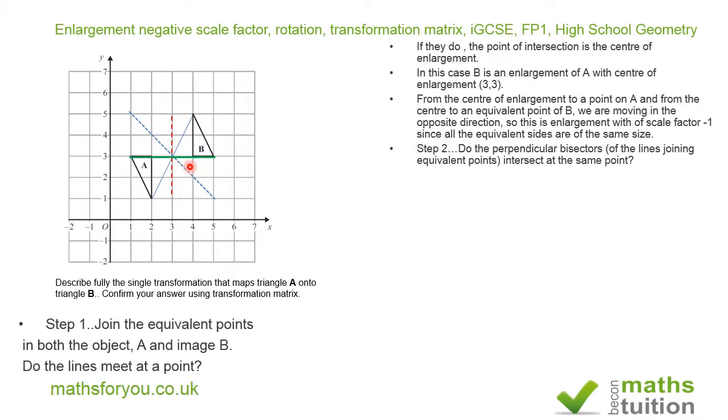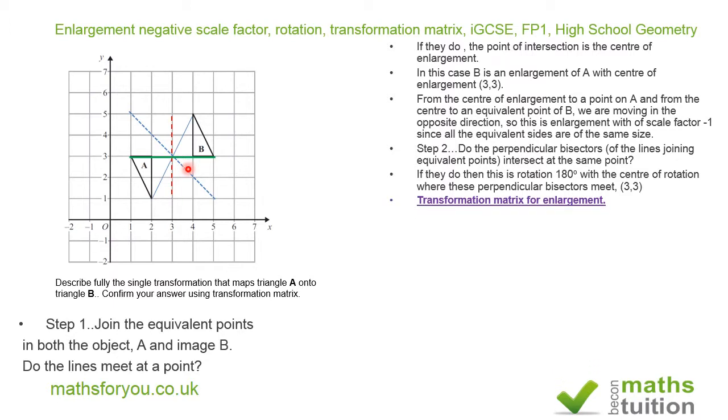So in effect, we can also transform the object A to the image B by rotation 180 degrees with the center of rotation at the point 3, 3. I hope that makes sense. Now,